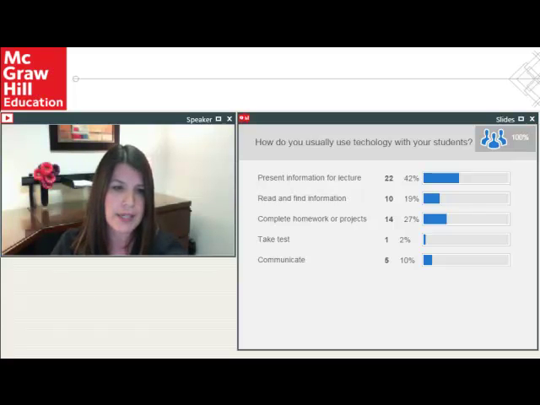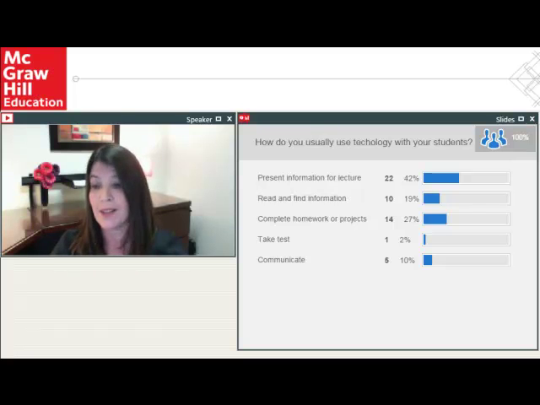There are so many ways we can use technology today to integrate effectively and to promote the different aspects of the classroom, from communicating to our students through homework assignments, to building projects in the classroom, to presenting information the teacher wants to present, or using it to research information. So it appears that we have a lot of people using technology in a variety of formats, which I would expect.